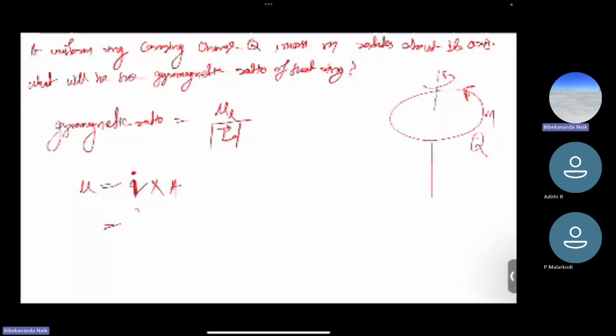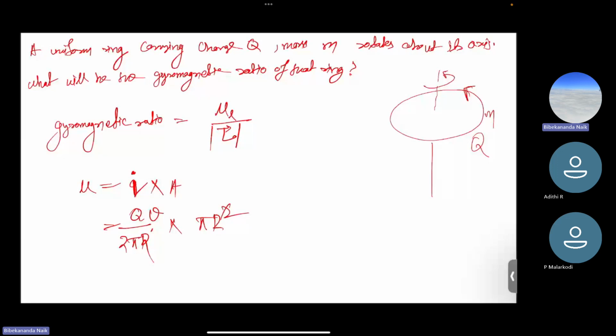So it will be Q divided by 2 pi r into V, into area pi r square. So one r gets cancelled out and pi also gets cancelled out. It is Q